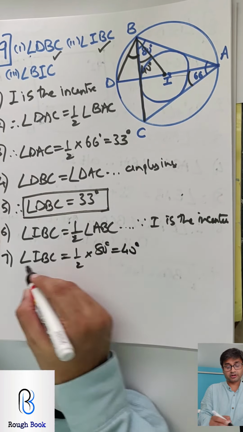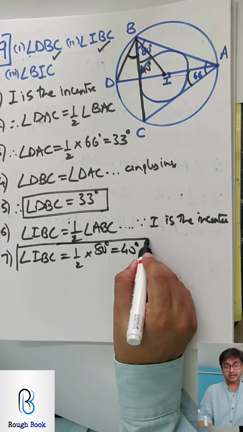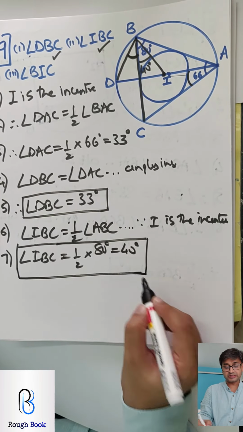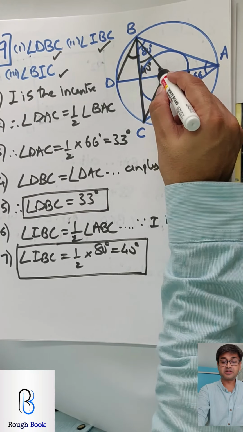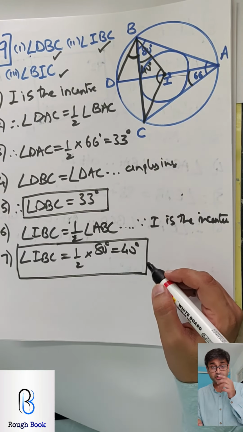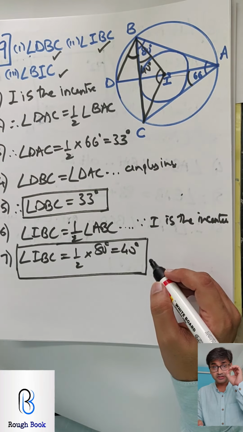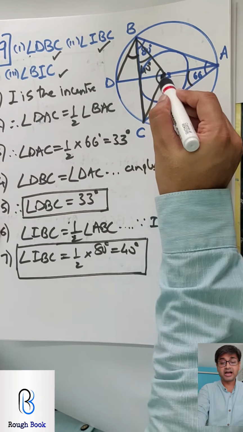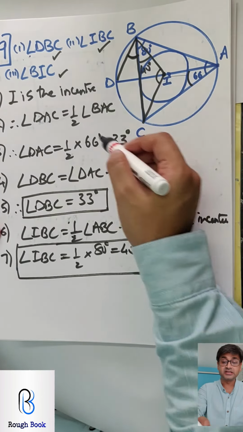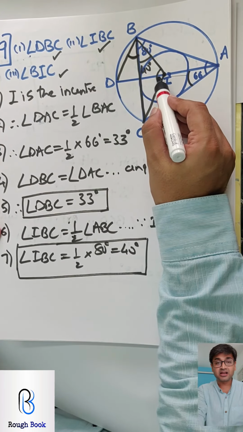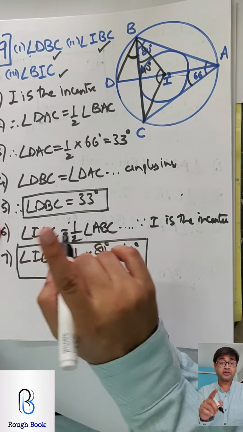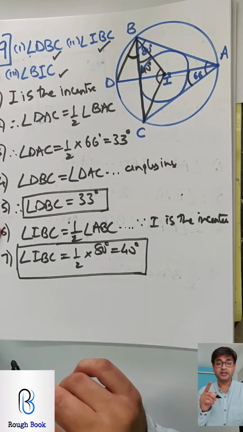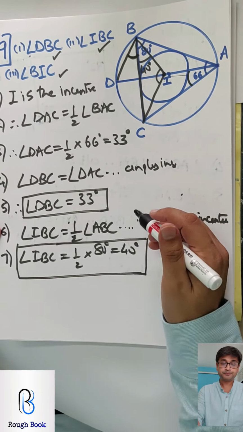So that is 40. So we get our second part as well, IBC, which is 40. Now the last one, BIC. So 66, 1132. Got it? If you got 0 for the last part this way, it is because I is not the center of the big circle. Therefore I can't say angle at the center is double the angle on circumference. Not possible. That is why I said deceiving question, and every year I get children who do this wrong.